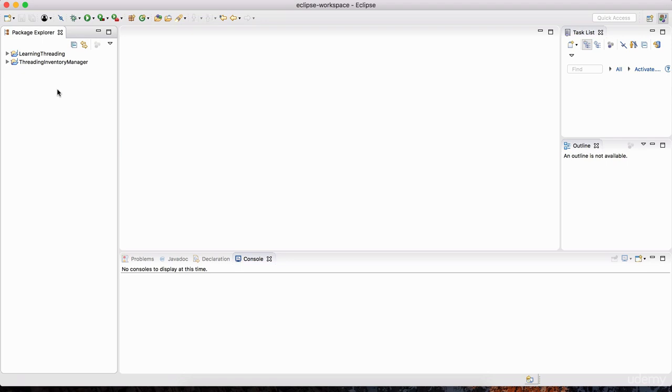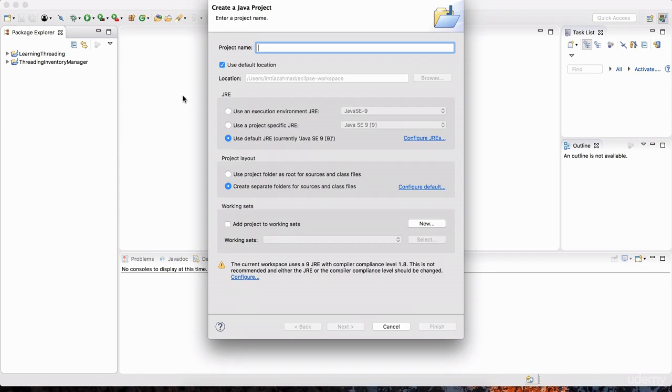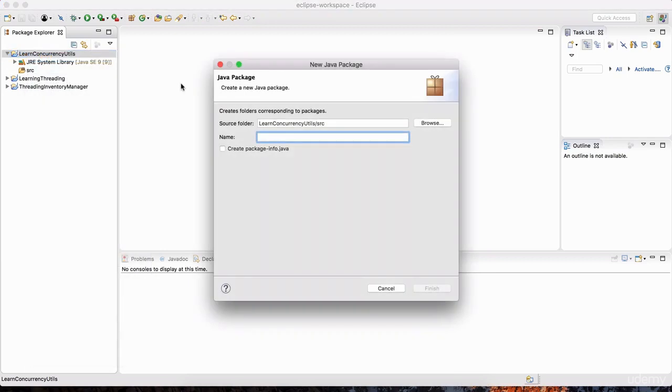And I'm going to create a new project here. Just right-click and go to New Java Project. And we'll just call this Learn Concurrency Utils or Utilities. Because within the same project, I'm going to be going over the executor framework. So just hit finish, and I'm going to create a package. And this package is going to be called